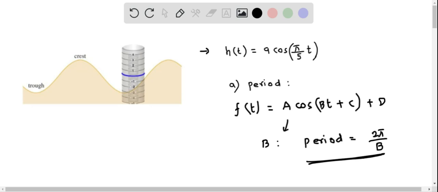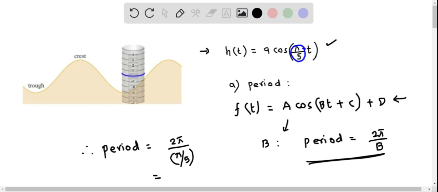When you compare this cosine function with this generic cosine function, we see that this quantity, that is pi by 5, is b. So therefore we can say that the period of this cosine function equals 2 pi divided by b. B is pi by 5,